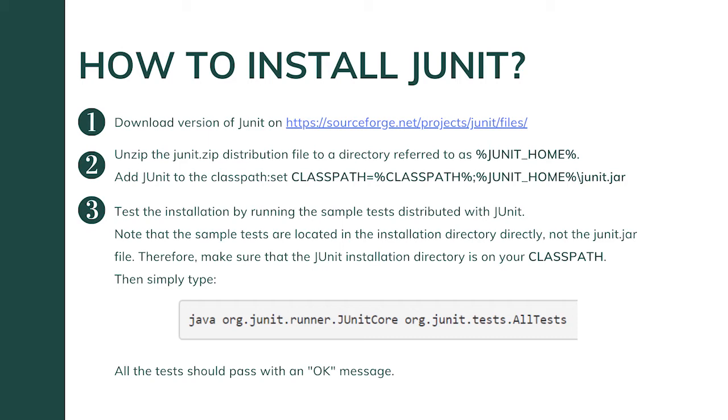To do this, you have to follow these steps. You have to unzip the JUnit.zip distribution file to a directory referred to as %JUNIT_HOME%. After that, you have to add JUnit to the classpath. To do this, you write set CLASSPATH=%CLASSPATH%;%JUNIT_HOME%\